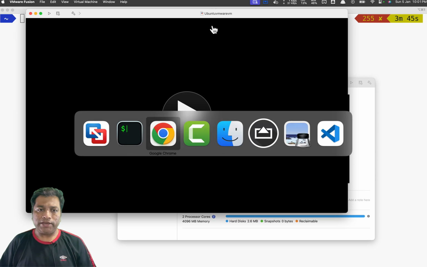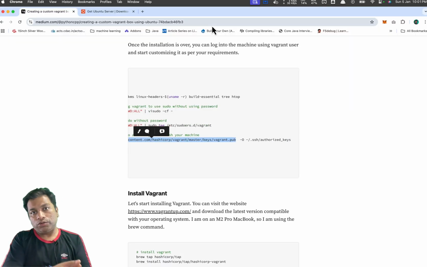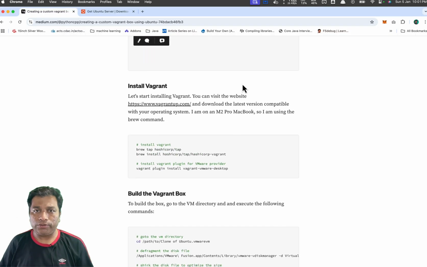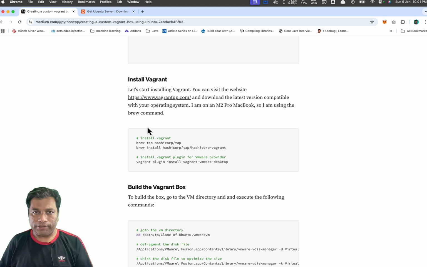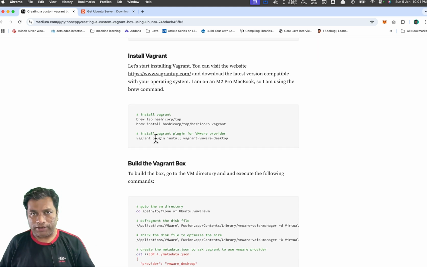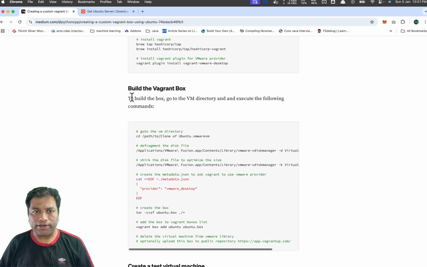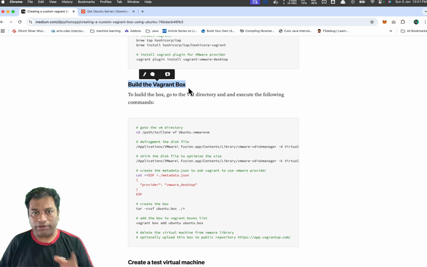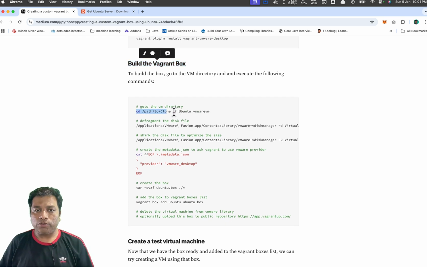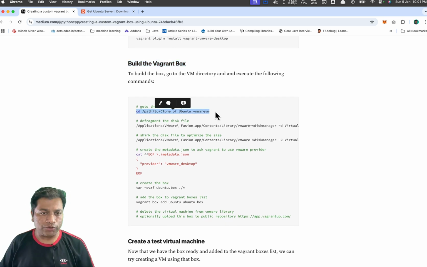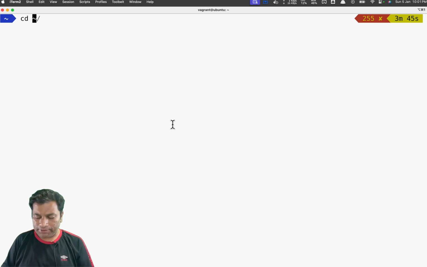Now the next step is we have to convert this virtual machine to the Vagrant box. Now how do I do this? I already have installed Vagrant, so this step I think I can directly skip. I can jump directly to building the Vagrant box. First you have to go to the directory where you have created that virtual machine. So if I go to mine, it's like